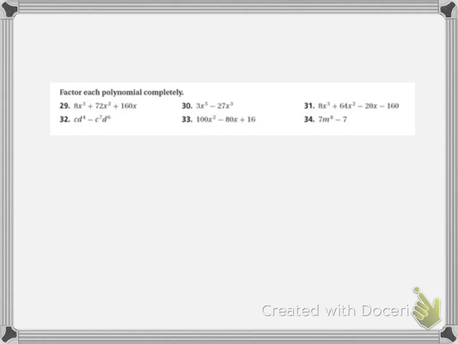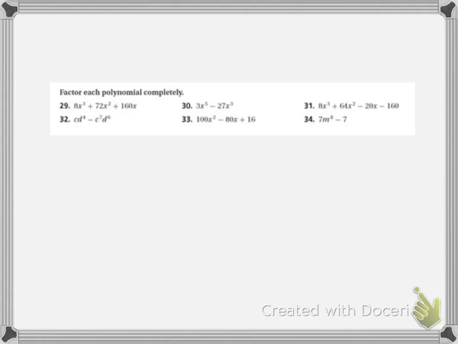Next, factoring each polynomial completely. Okay? Factoring each polynomial completely. How do you know if something is completely factored? The first thing you're going to do is check to see if you can pull out a GCF. So let's look at